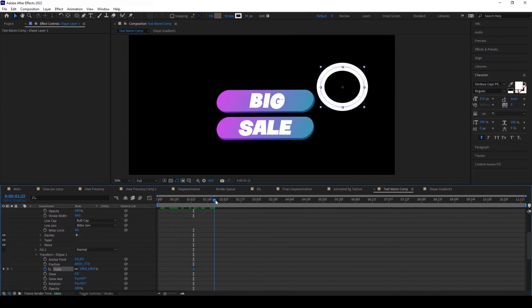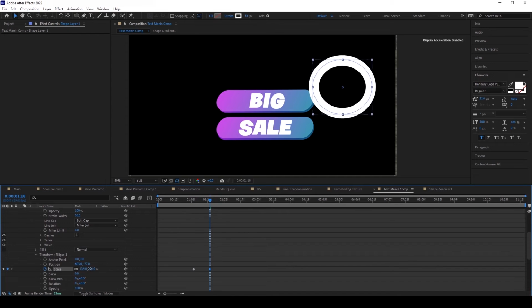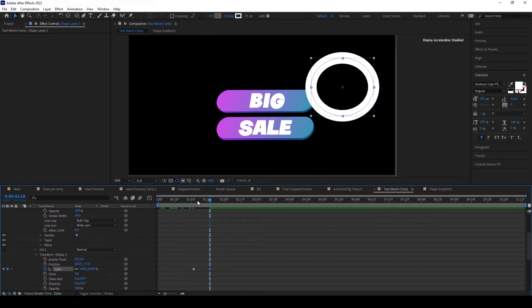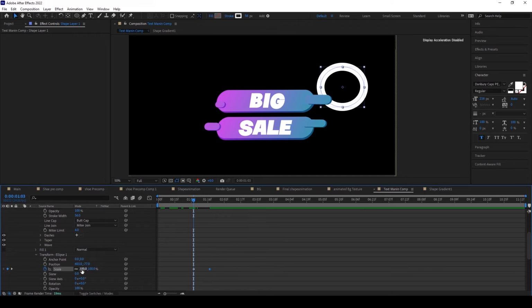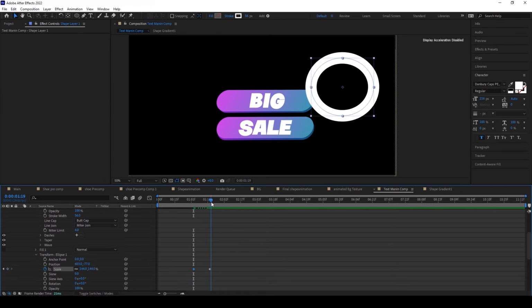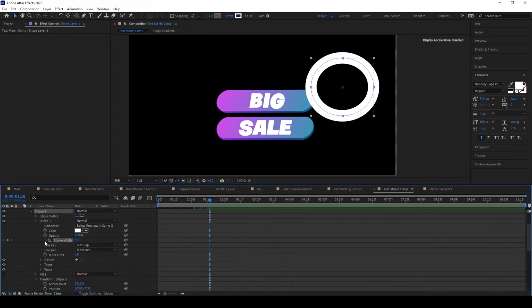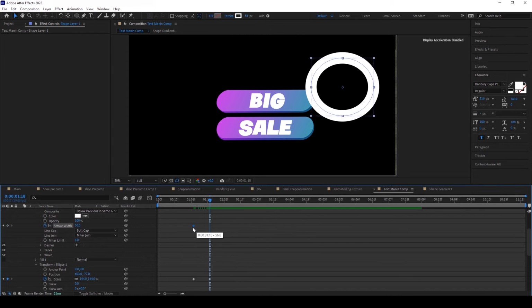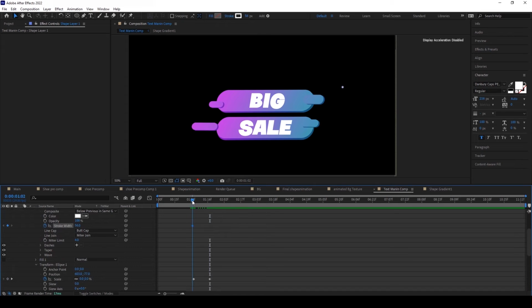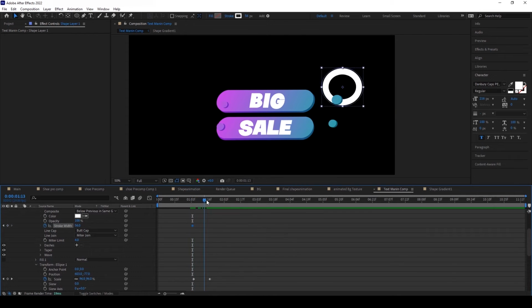I started the keyframe at 32nd frame, go to some 46th frame, I need to animate it, and come to 32nd frame, I need to give the value to 0 over here, so it should start with 0 and it should end with 144. And now I need to animate this stroke width, first the stroke width should start with the value of 56 and it should end the stroke width value to